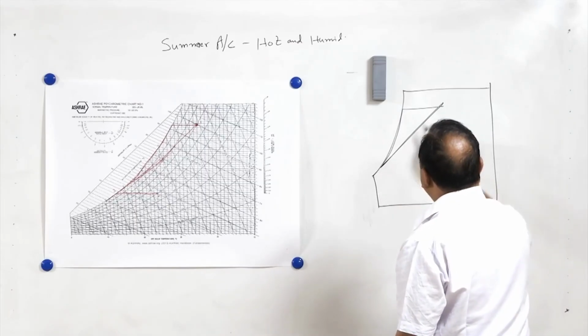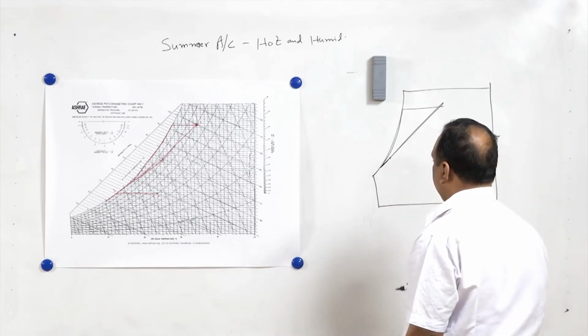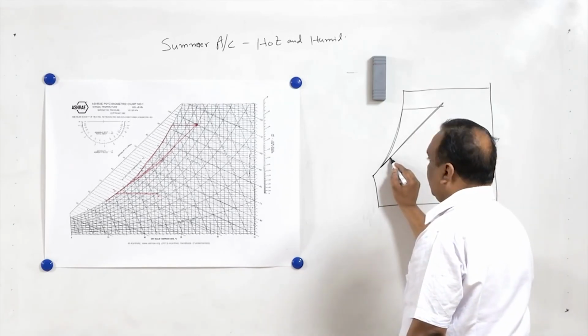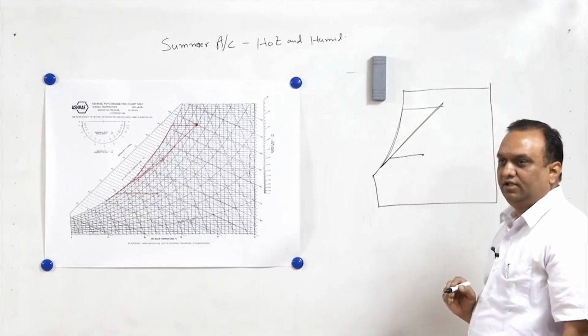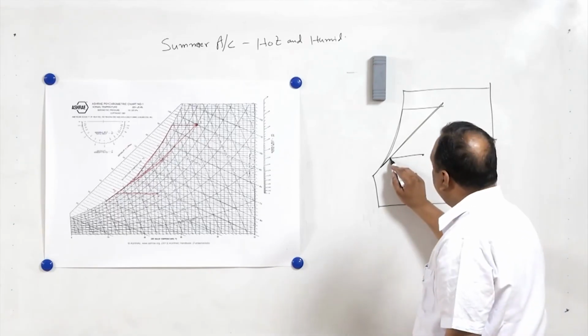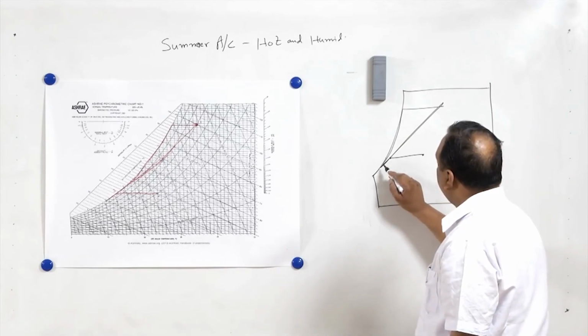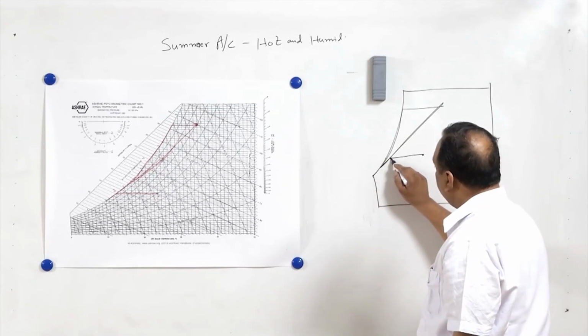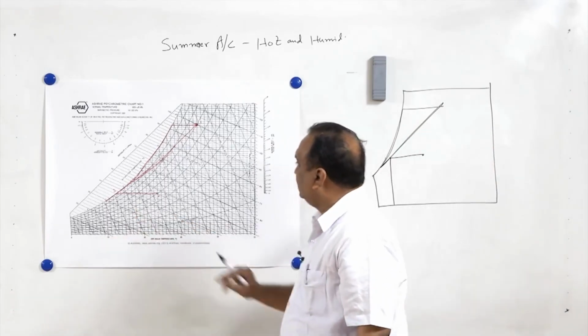But this process has a certain bypass factor. So, instead of cooling up to here, it will get cooled up to here, and from here air will be heated up to the room temperature, right. So, this air which is getting heated in the heater, in the ideal case it was a saturated vapor, but here it is not a saturated vapor, it is vapor slightly higher than temperature 13 degrees centigrade,